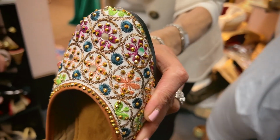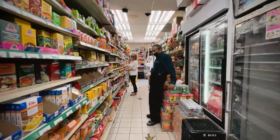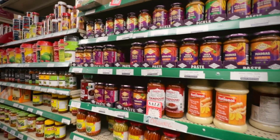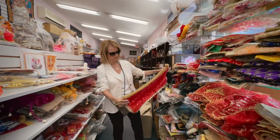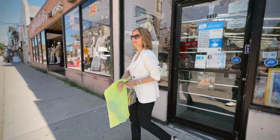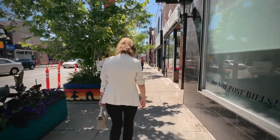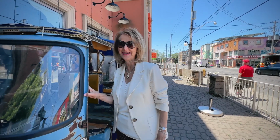spices, and silks. Little India started in 1972 when businessman Jan Naz rented and later purchased a theater on Gerrard Street, which he named the Naz Theater, where he began screening Bollywood and Pakistani films. The theater no longer exists today, but it was reputedly the first cinema in North America to exclusively screen South